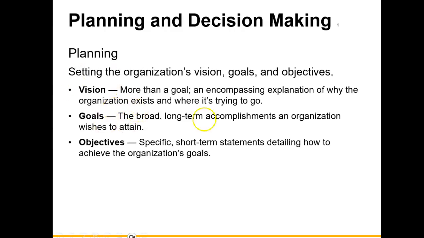When it comes to goal, these are long-term accomplishments of an organization. So a goal could be we would like to reach sales revenue of 100 million by our 5th year of operation. Objective says, okay, then what needs to take place to reach that goal? So we want to make sure that sales increase each year by maybe 20,000 to reach that goal at the end of the 5th year.